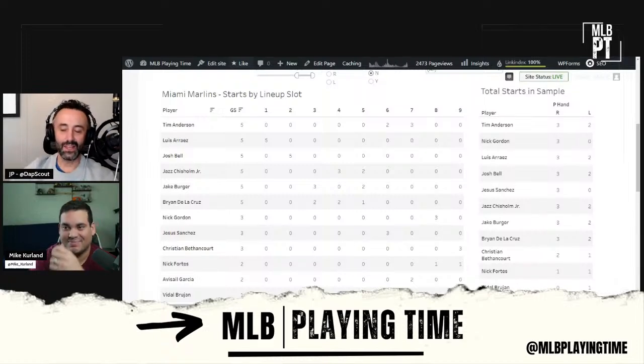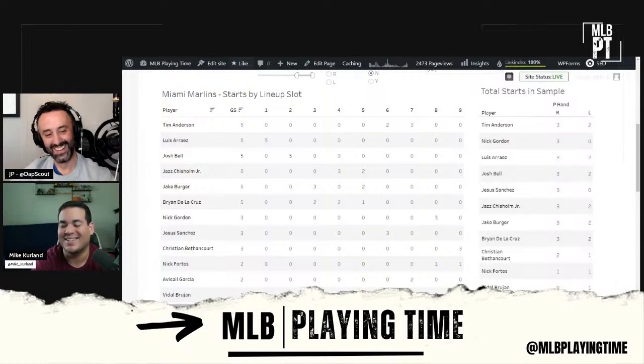All right, how many stolen bases over and under has Nick Gordon had over the last 3 seasons? Over under 15. Oh, I see it. That's not fair. I did just see that, and I know it's right. I think it's 16. It's 16. That blew my mind. I couldn't believe it.